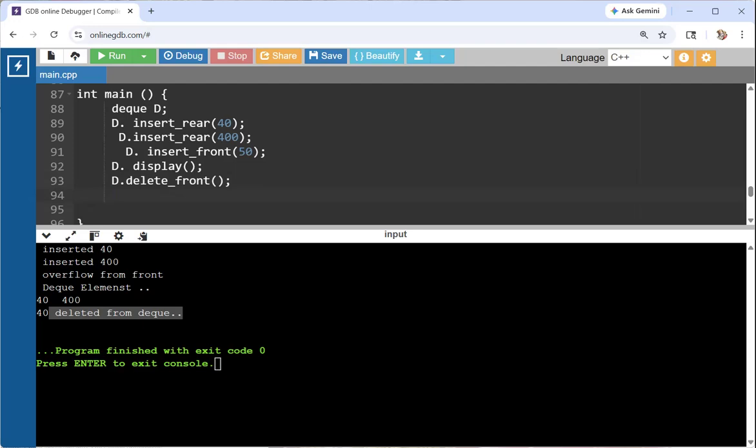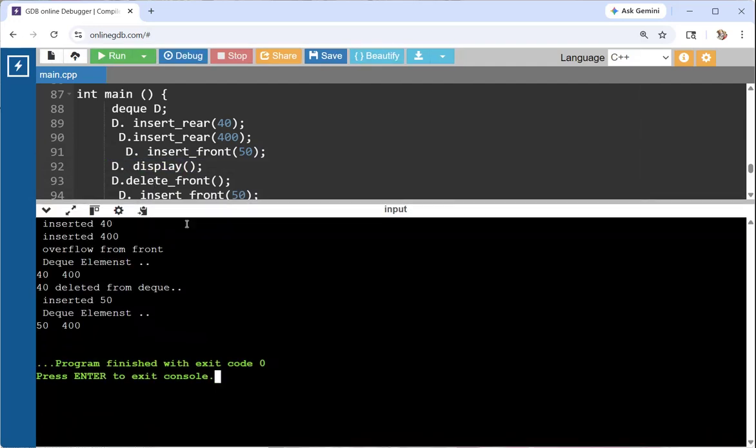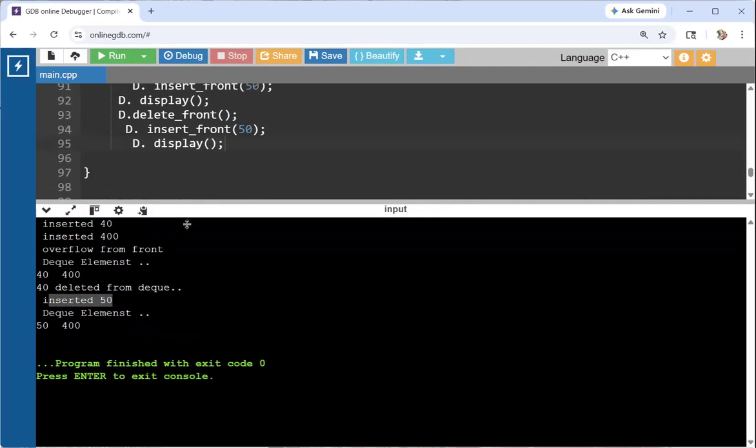अब आप क्या बोलो, अब करो आप इसको इंसर्ट, इसको 50 को अब आप इंसर्ट करोगे तो अब 50 इंसर्ट हो जाएगा। अब अगर आपको डिस्प्ले करवाने का है, so yes you can do it, go for it. So now you will say 40 deleted from dequeue, now left only 400, but now you are inserting 50 from front, फ्रंट से इंसर्ट कर रहे हो तो फ्रंट में जाएगा 50, 400 के बाद नहीं जाएगा, 50 फ्रंट में जाएगा, ओके, बिफोर 400। ऑल राइट।